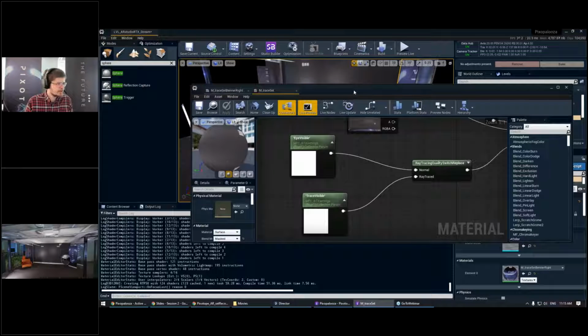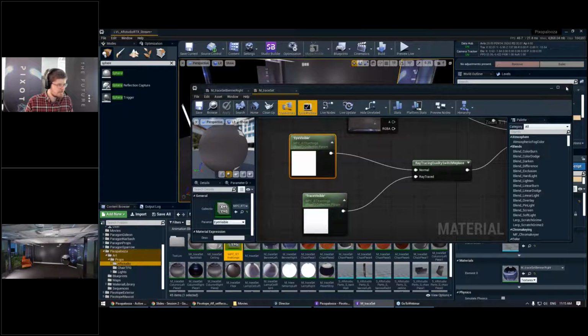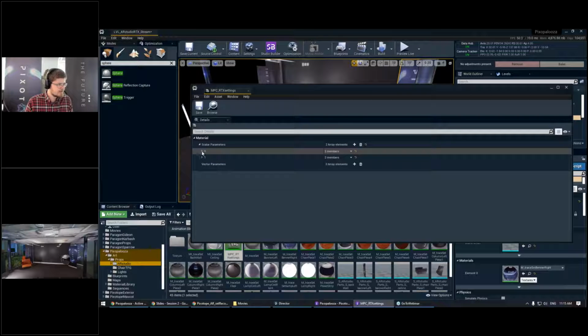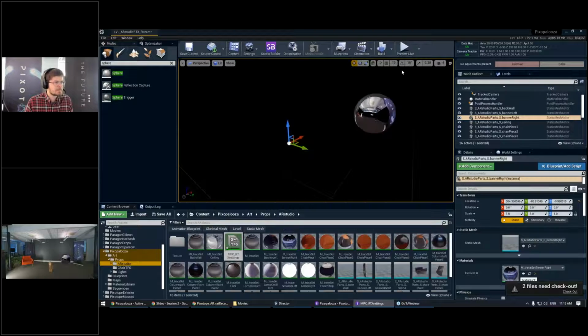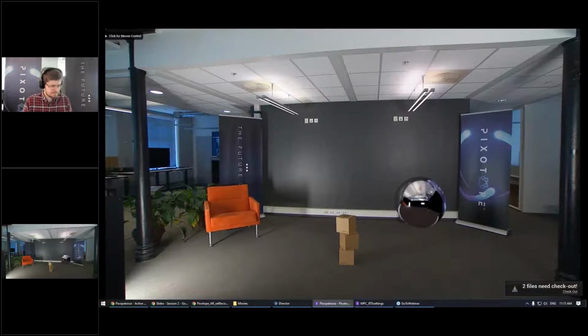So I'm just going to open the material and set the material parameter collection. So we have a value exposed, which allows us to quickly make the geometry invisible for a naked eye. I'll set this to 0. So here we can see that,